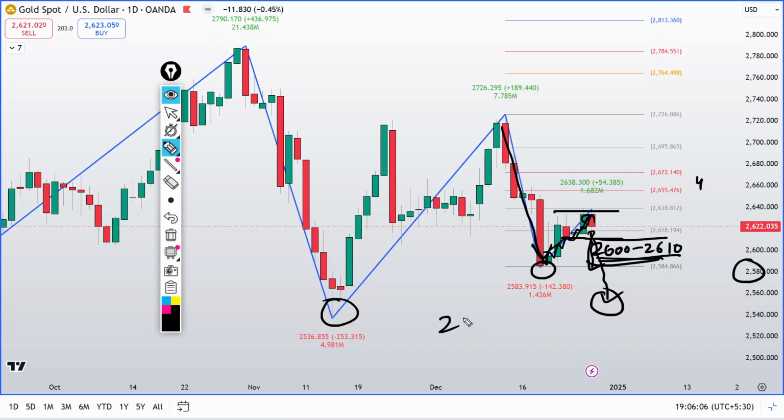Yes, the support area 2530 to 2536. Yes, this is the level, 2536. So price can visit this area. But as you can see, the buyers are entering at this level. So also if we combine the current geopolitical scenario and the price action on the higher time frame,